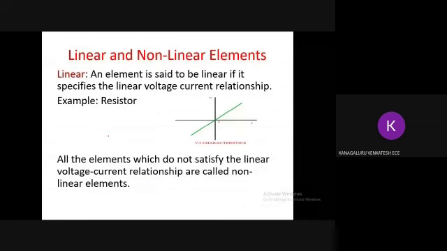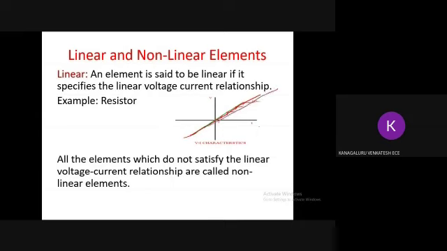Now, another category of elements. Many students might have come across this term, linear, non-linear. Linear elements is nothing but, see, you could see at every point of time the graph here passes through the origin. At every point of time, you will get the same. I versus V looks linear.